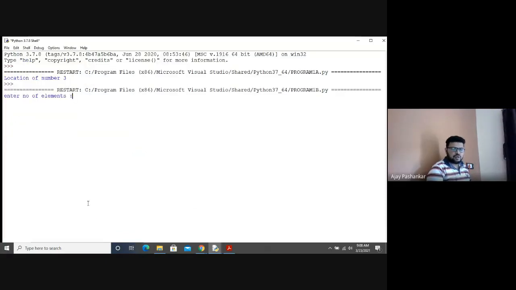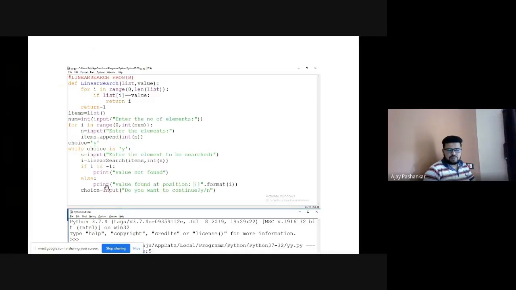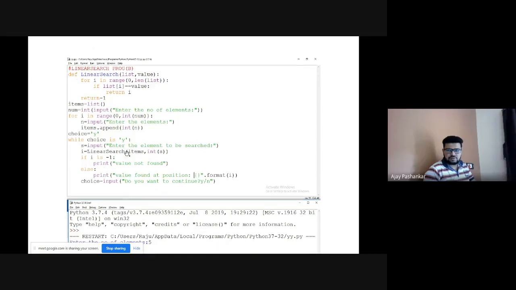Okay. Let's enter the number of elements. Suppose I want to enter 15. So there is a problem. Choice. Indentation issues. There are lots of issues with indentation.